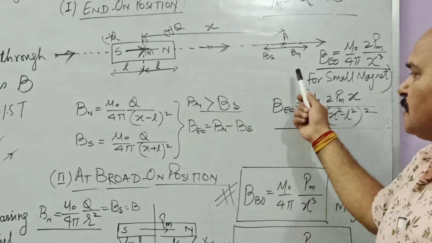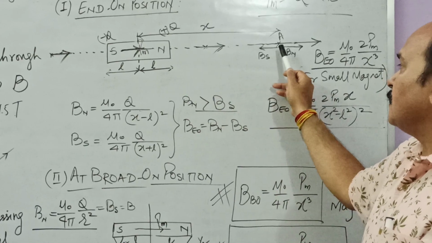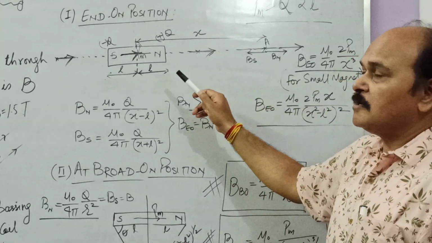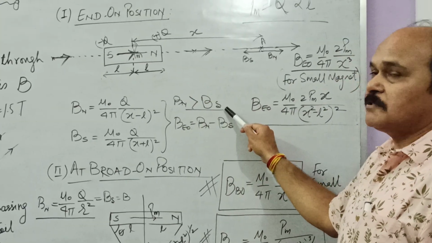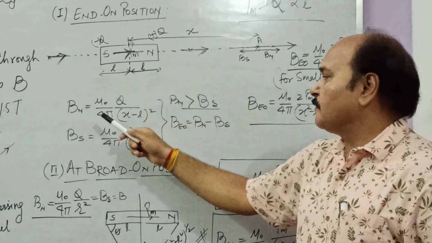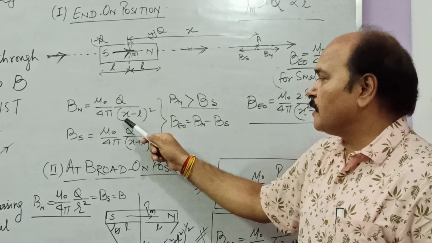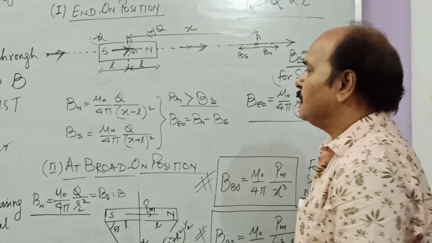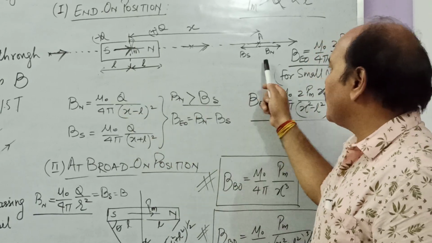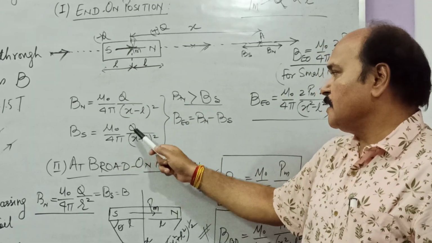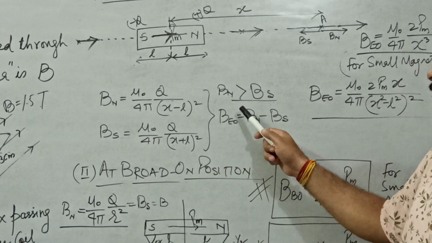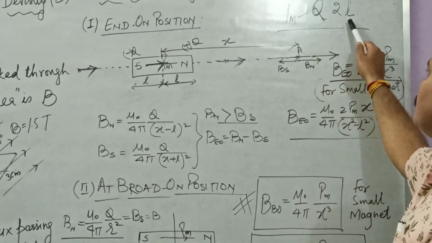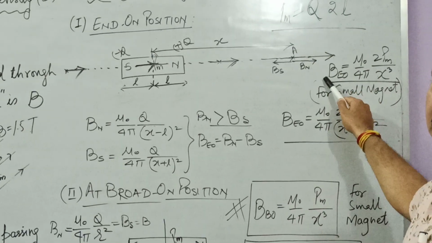You can also find out this expression. Magnetic field because of north pole here is away from north pole. Magnetic field because of south pole here is towards south pole. Magnetic field because of north pole would be greater than that by south pole. Magnetic field because of north is mu naught upon 4 pi q upon square of the distance of north pole from this end, and that is x minus L. And south pole distance will be x plus L. Therefore, the magnetic field is mu naught upon 4 pi q upon (x plus L) whole square. Substitute the value of Bn, substitute the value of Bs, solve it, and for q into 2L, just write down P, you will get this expression or this expression.